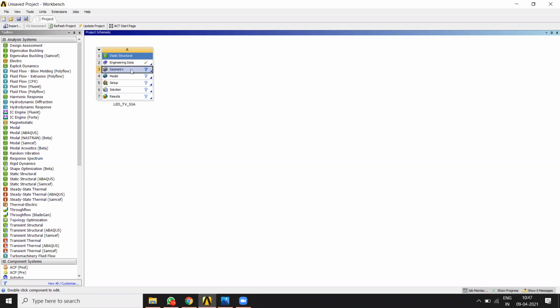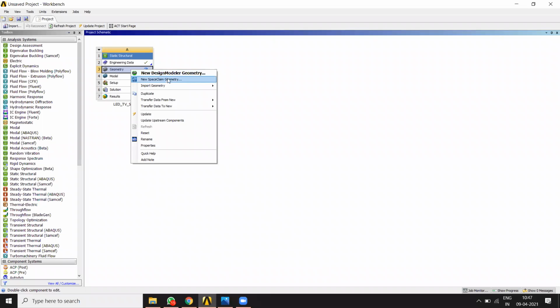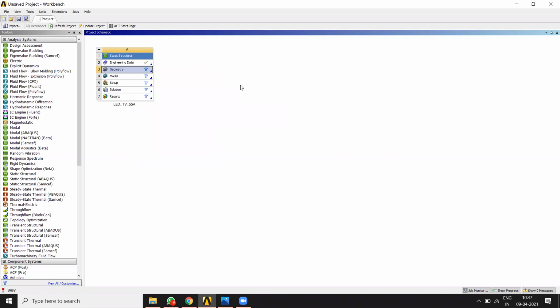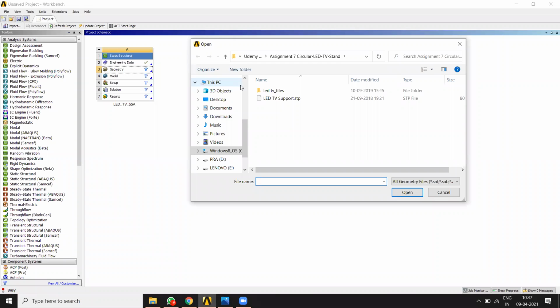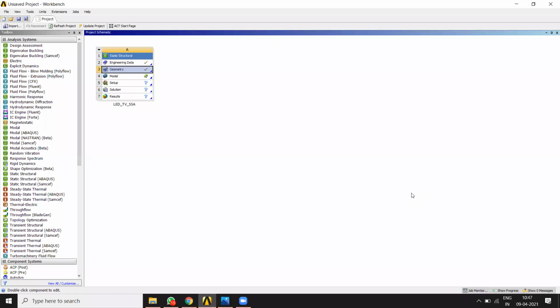Select the geometry, right click. You will find three options, starting with Design Modeler, new SpaceClaim geometry, and import geometry. Go to import geometry, go to browse, go into your particular folder, look for your STEP file, select the STEP file, open. A check mark will be there in the geometry. Now is the model, turn off model. Now here we'll go for boundary conditions and further